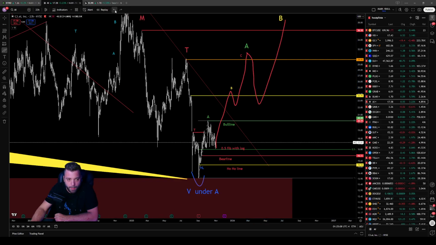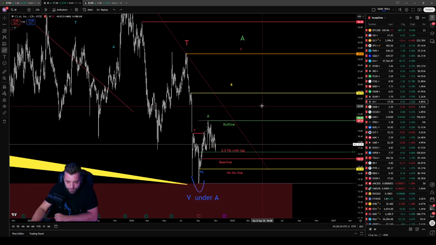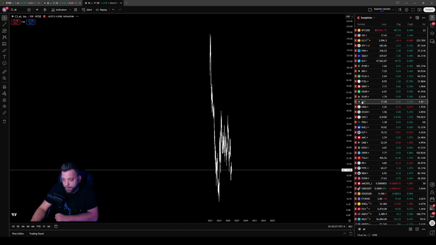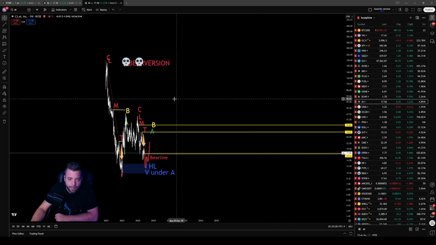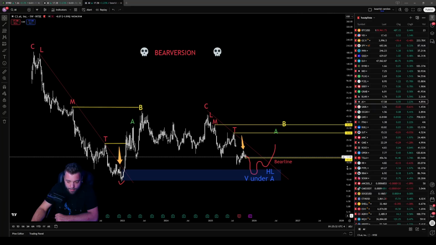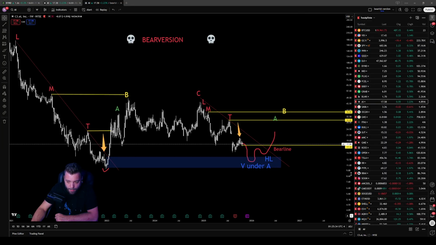For confirmation, I think everything over $20 is bullish. If you break under $16.13 again, then the bearish version would take over, and that would just mean